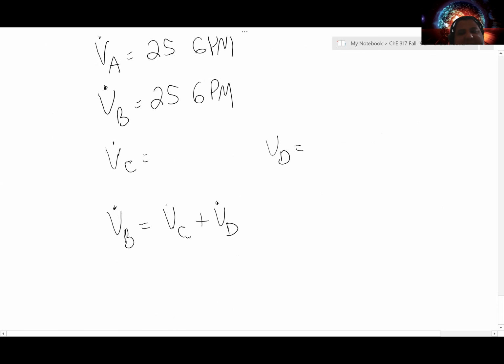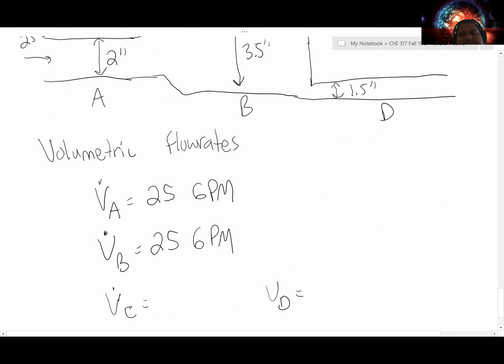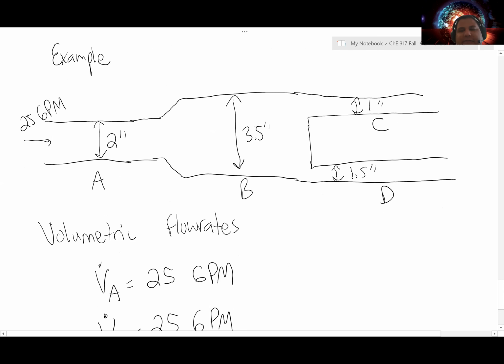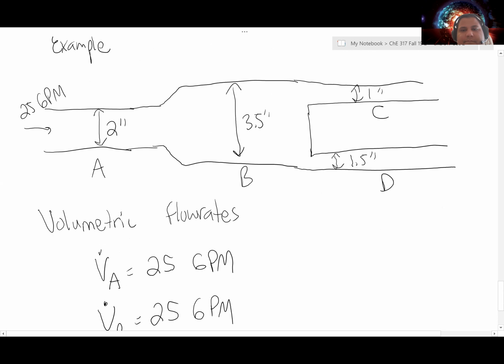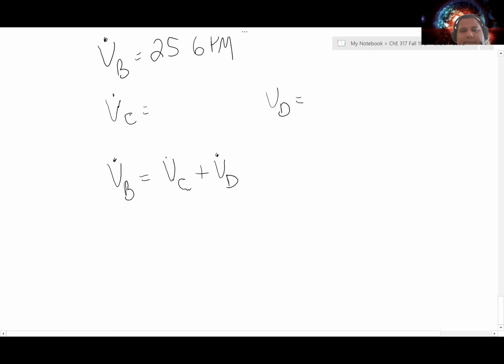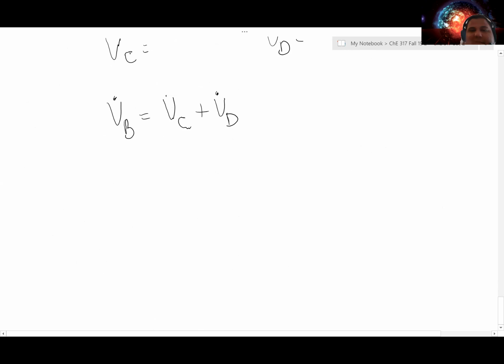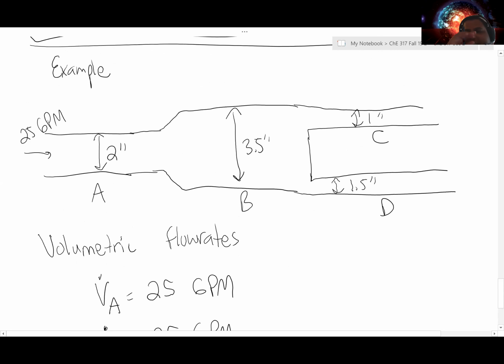However, there's some additional information that we can apply associated with the flows themselves. Namely, when we're looking at this system,